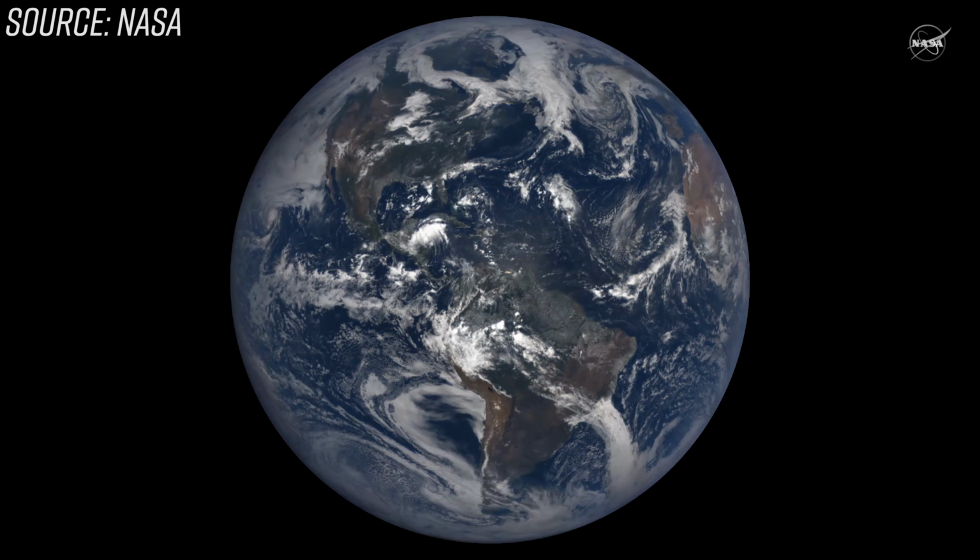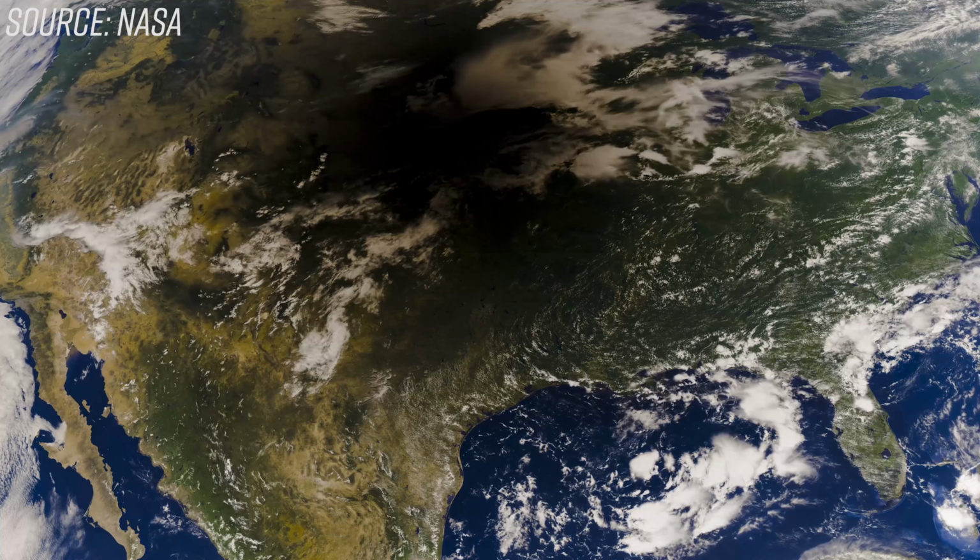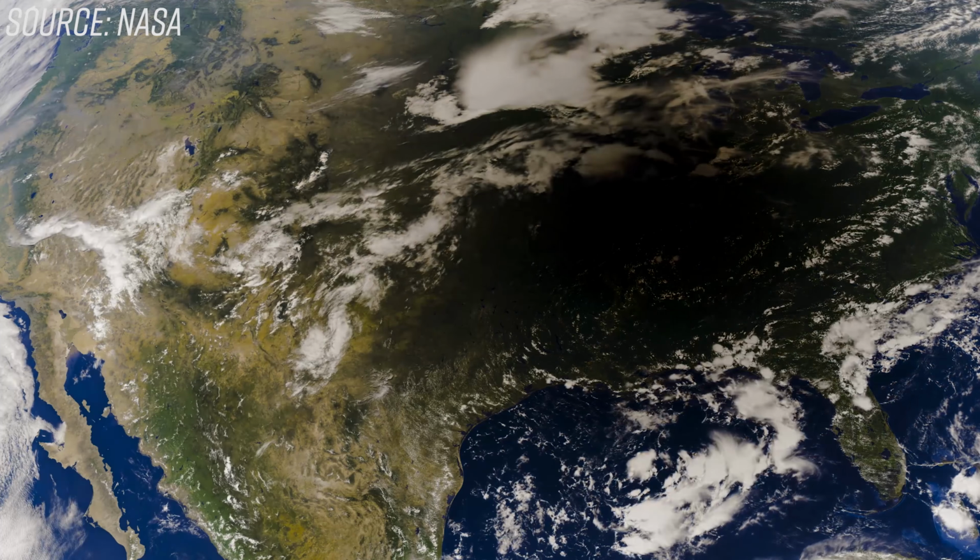At 22,000 miles in altitude, you'd be able to see the entire Earth out the window of your spacecraft. You'd be able to watch the shadow of the moon transit the Earth in its entirety. Here's what that would look like. Notice this is sped up a lot. In real life, you'd be able to watch the moon's shadow crawl across the Earth for several hours, which would